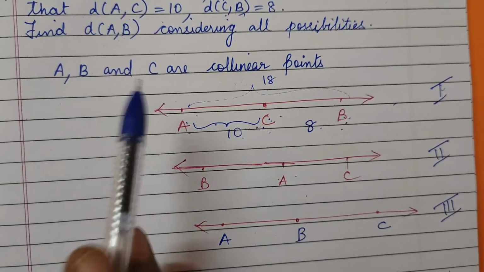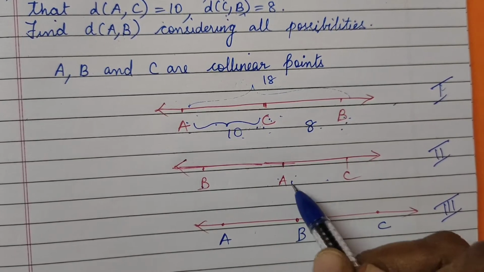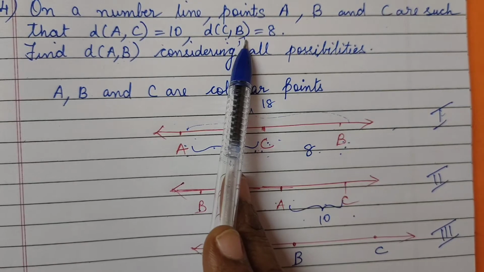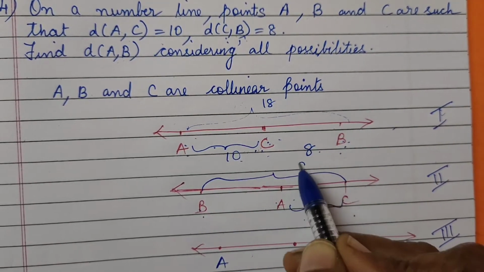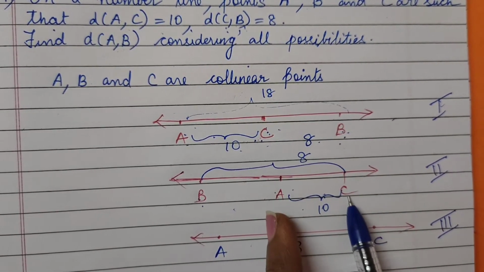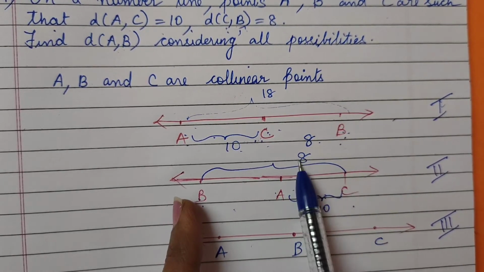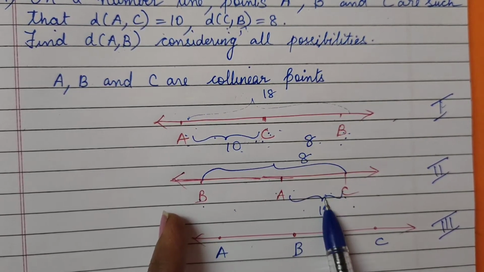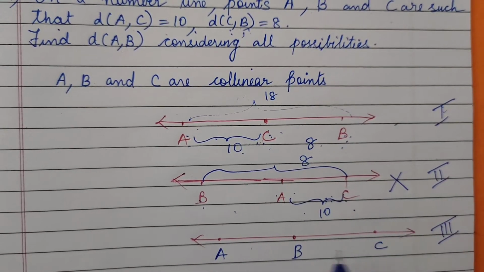Let's go for the second condition. Again, what is this? AC is 10. AC, this much is 10, right? And the next one is CB is 8. See my dear, CB is 8. Is it possible to have like this? This much itself 10. This much itself 10 and the whole BC is 8. Is this possibility okay? Can it be possible? No, it is not possible. So we will ignore this condition.